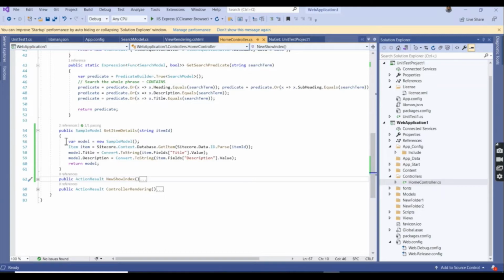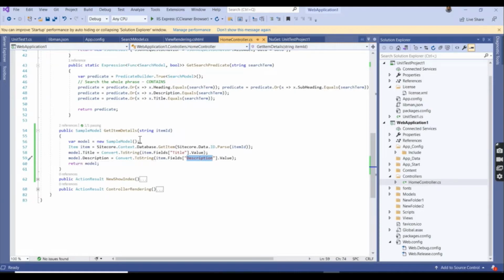So I have written a sample method. Bear with me, I just created it in the home controller only, for testing purposes. This GetItemDetails method, if we pass an item ID, it will get the item, and it will get the title and description value and assign them to the model. This is the functionality of this method.